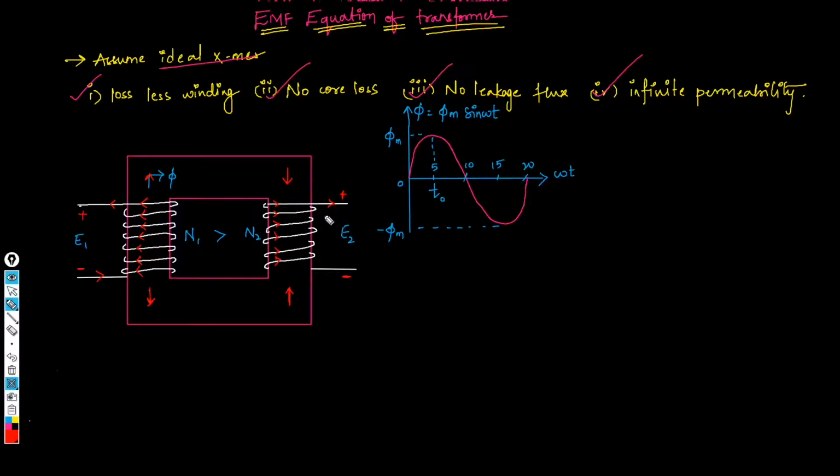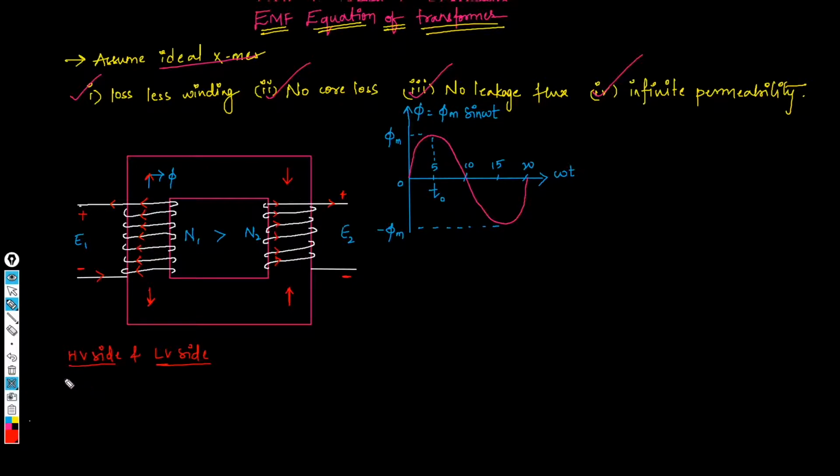Now, there is nothing like primary winding and secondary winding in the transformer. Whenever a manufacturer manufactures a transformer, he won't decide this is primary and this is secondary. Instead, he will just specify HV side and LV side. He doesn't mention this is primary and this is secondary. Primary and secondary can be decided by the end user.